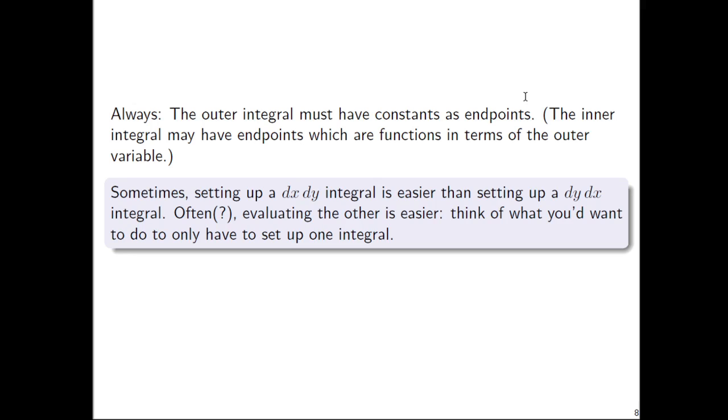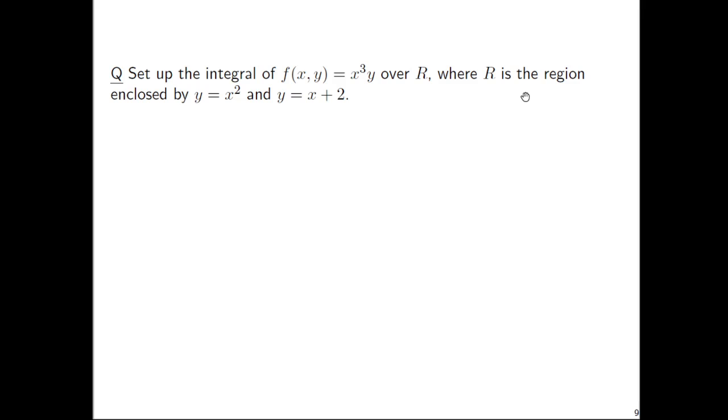Sometimes it's a matter of, like what we saw, do you have to set up a sum of two double integrals, or is it just a single double integral? So is it just one double integral? Like, how many terms are there? So let's set up the integral of x cubed y over the region R, where R is enclosed by a